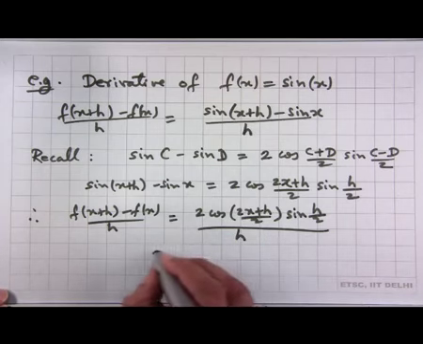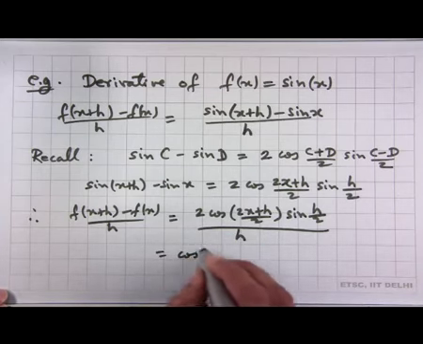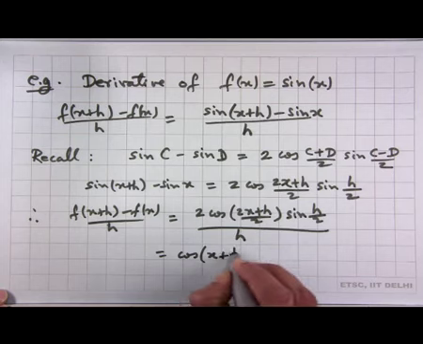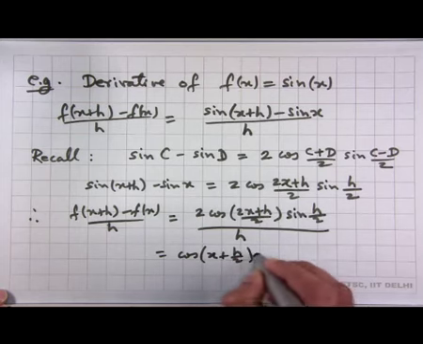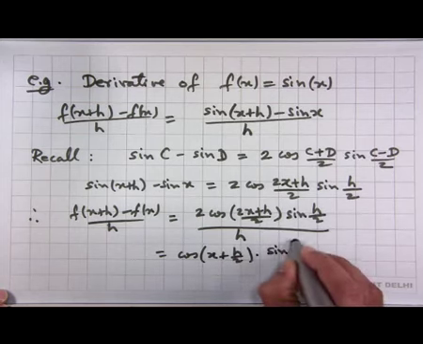So, this is equal to cos of x plus h by 2 times sin h by 2